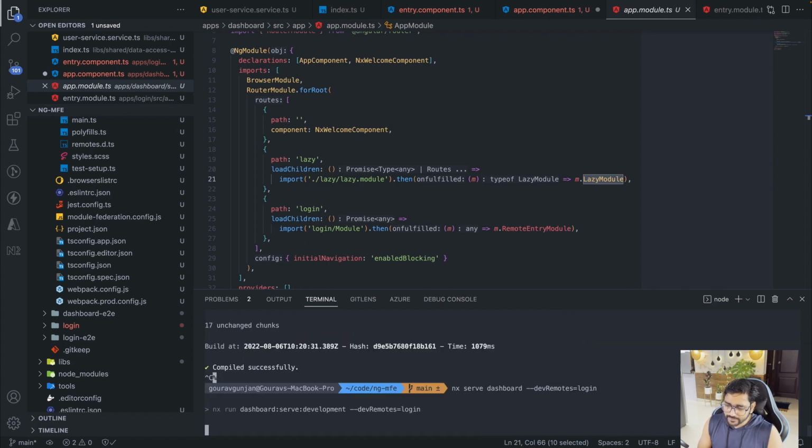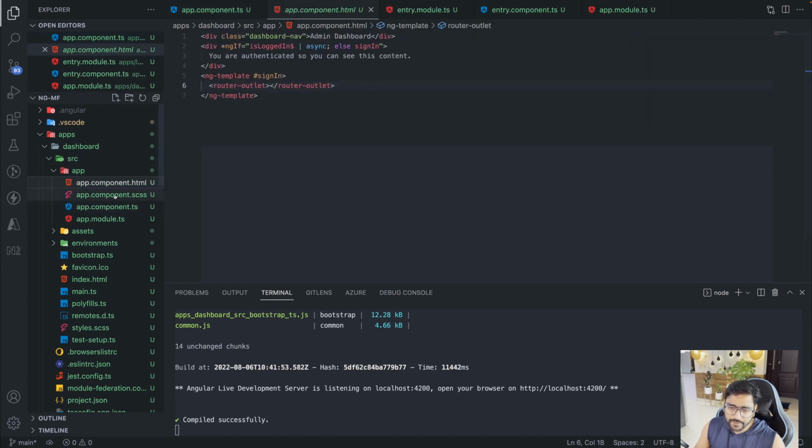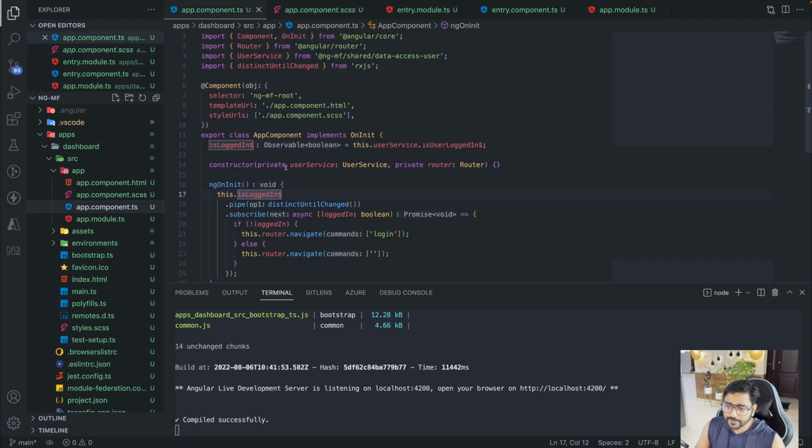Once you do that and run it, it will actually compile both the remote application and our shell application and then simply make it work. So as you can see, I have also moved my HTML code to a separate HTML and CSS file,